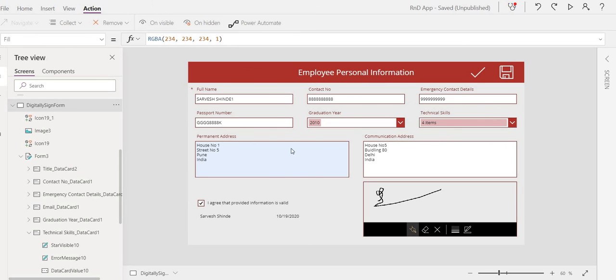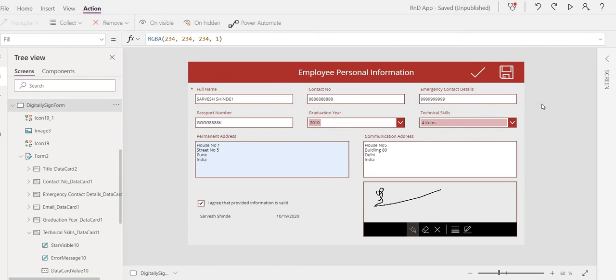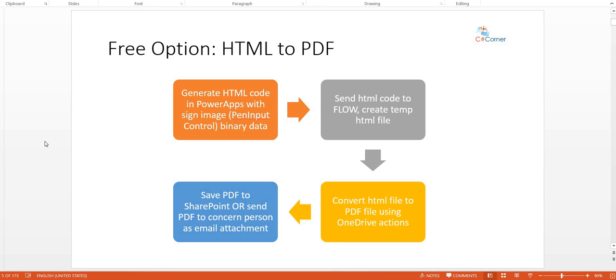You can create with the Word template. Of course, you have the flexibility to modify it anytime. With the HTML code, you have another advantage, wherein you can create complex HTML as well, with background images and anything whatever you need. So each approach has its advantages and disadvantages. Of course, the first one is free, so you can stick to that. If you already have licensing, you can switch to the second one. That's it in this video. I hope this will help you guys.